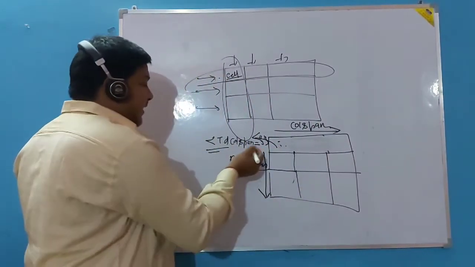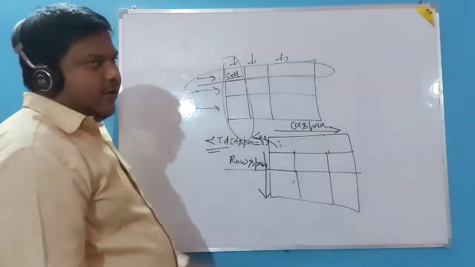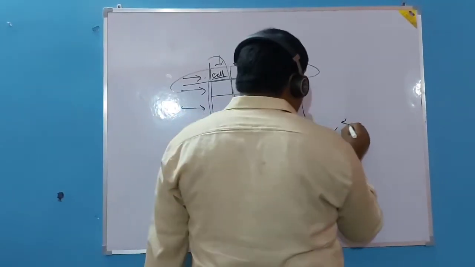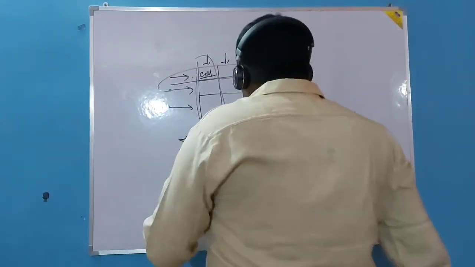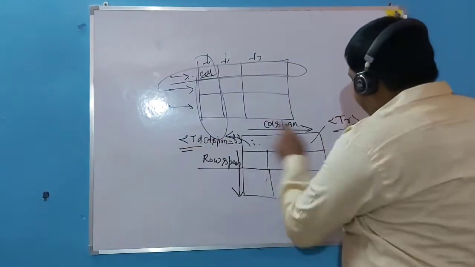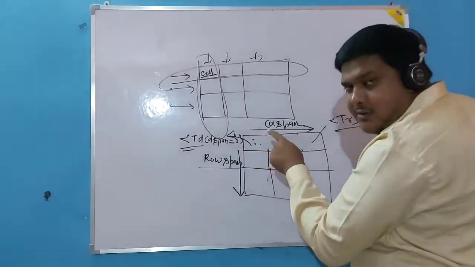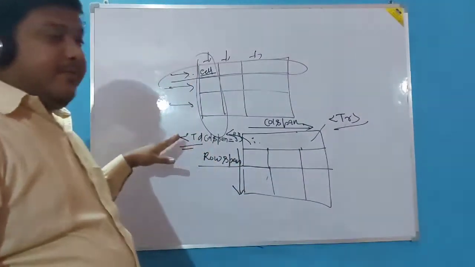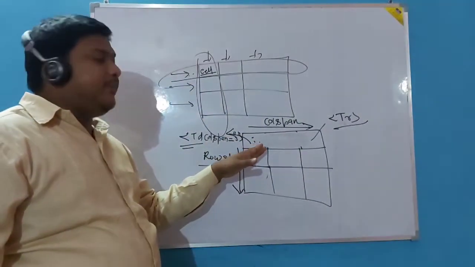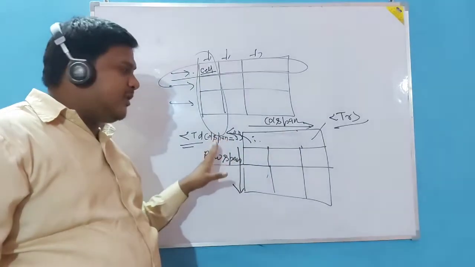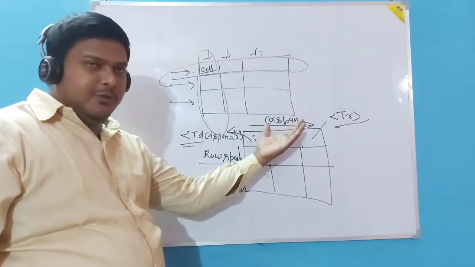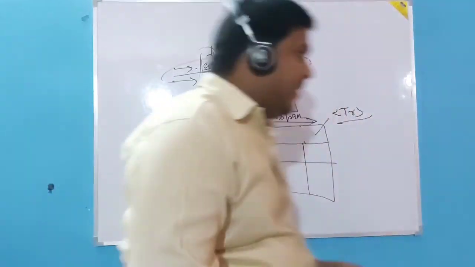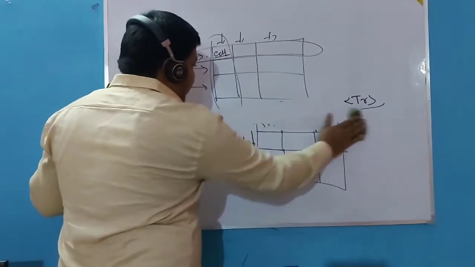And then what data do we have to show? We will show it and close the TD. After that, in this row there is only one column, and that is the merge of 3. So we will write TR, TD colspan equal to 3. So this is the representation of where I will use col span and where I will use row span. Now come here, I will show one table and we will write the program.